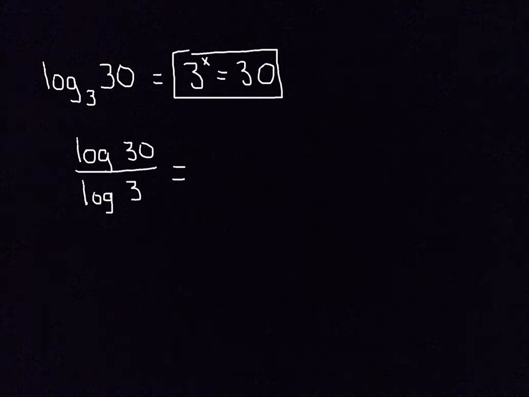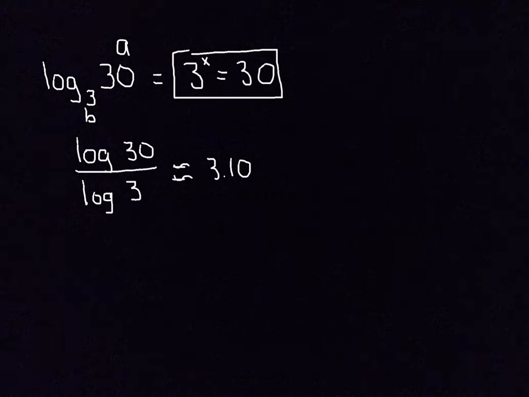Most calculators are designed to do natural logarithms and log of base 10. So we need to change them to logs in base 10. Here's how you do it. This is that A, and this is that B. You just take A and divide it by B. Use your calculator and you get 3.15